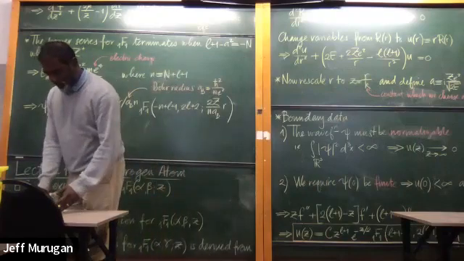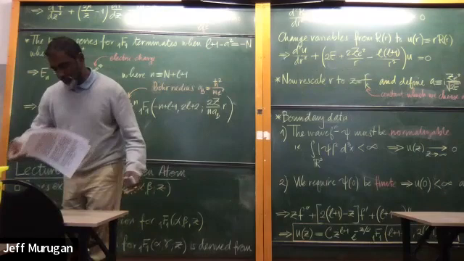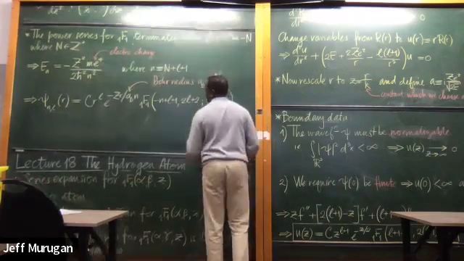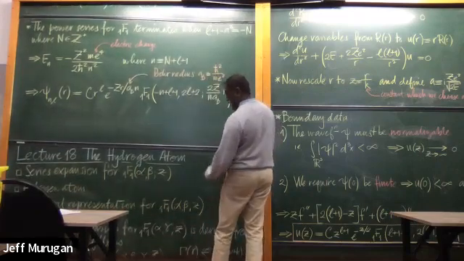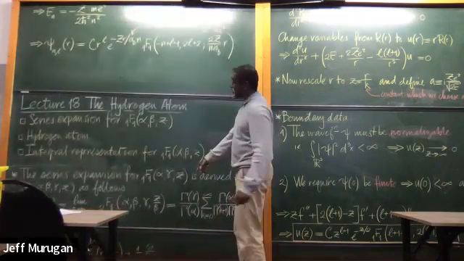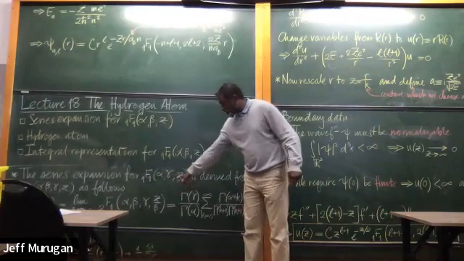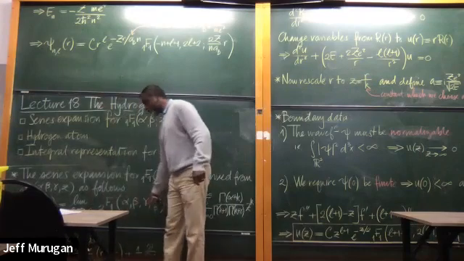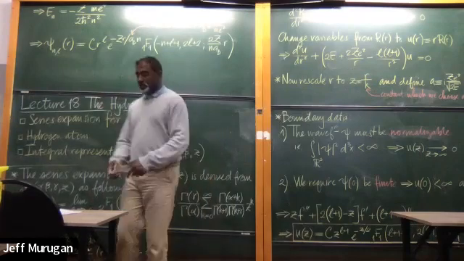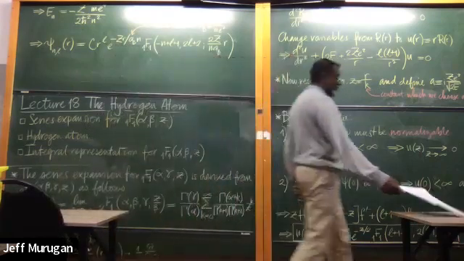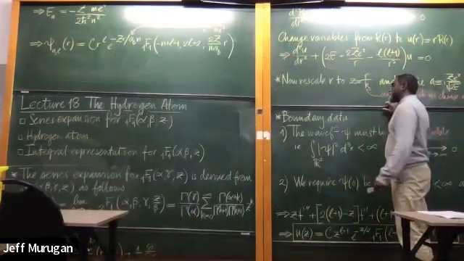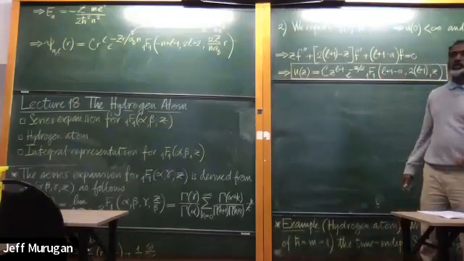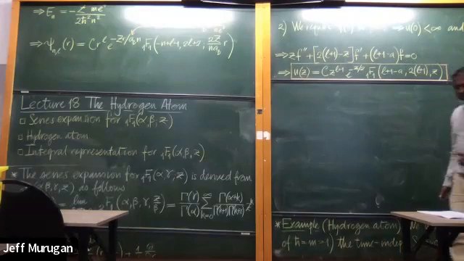Right. 2 more minutes. I would like to use that time to very quickly give you an integral representation for the confluent hypergeometric function. And it comes really from the fact that 1F1 is given as the limit as beta goes to infinity of 2F1 of alpha, beta, gamma, z over beta. However, I do know that